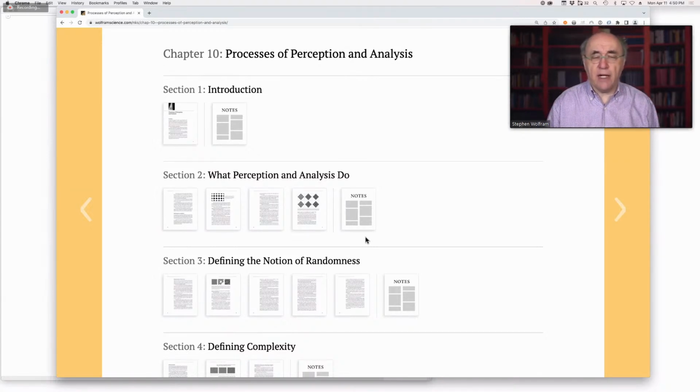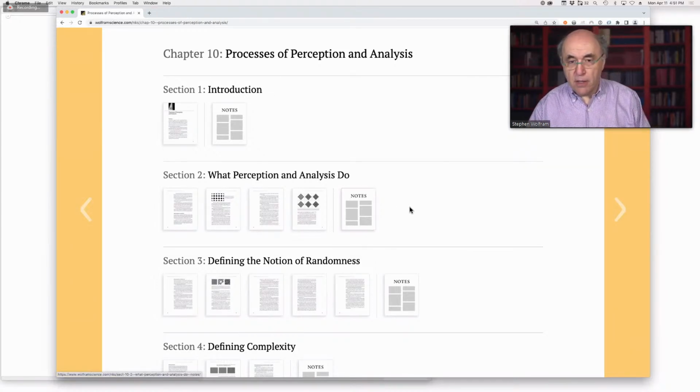And I suppose the main conclusion of this section is Rule 30 really is somehow irreducible. You can pick at it with all these different methods: visual, auditory, cryptanalysis, statistical, mathematical, and none of them crack it. And that's an important run-up for the discussion of computational irreducibility, which we'll have in chapter 12. Okay, so that's the story of chapter 10, and I have just a few minutes here to look at some of the questions that have come in, or comments.